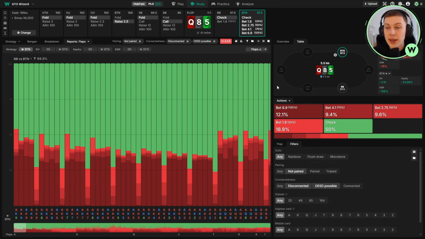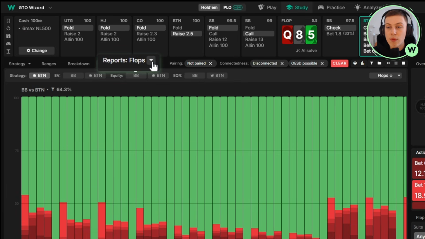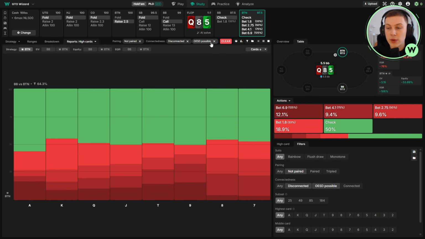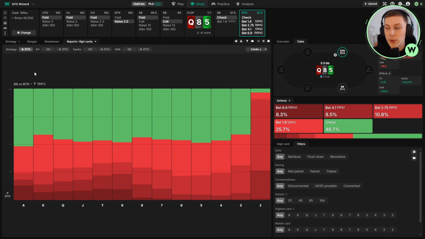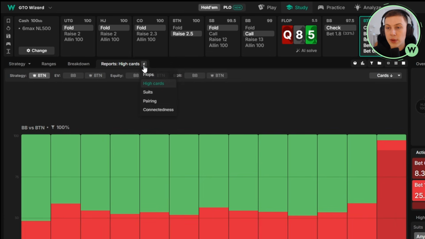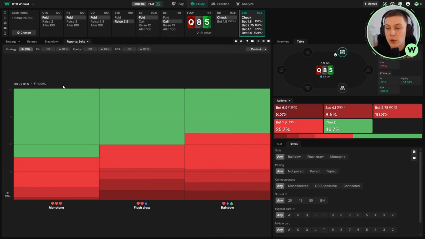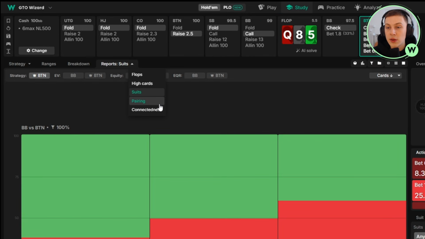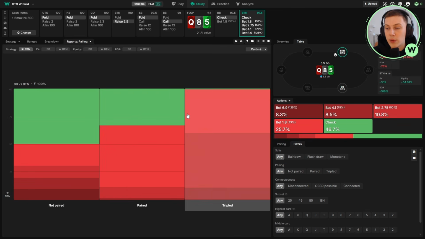So let's click on reports up here on this little arrow, and then we click, for example, on high cards, and we can see which high card we're going to bet the most on. Then we click on suits, and we're going to see on which textures we're going to bet the most, and what sizing. Pairing: we're going to bet the most on triple paired boards and the least on non-paired boards. And this, sure, it's not the holy grail, but it definitely gives you a good first trend to build your